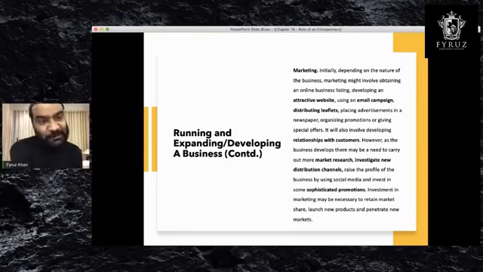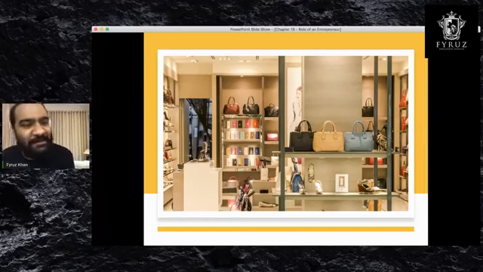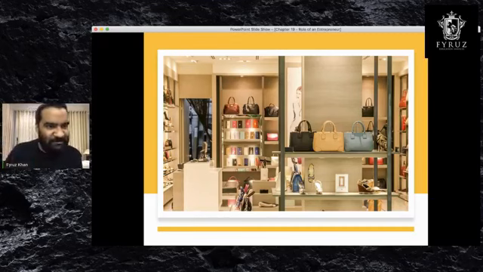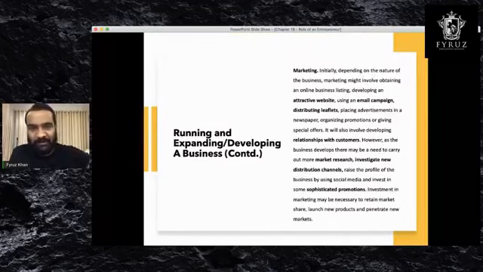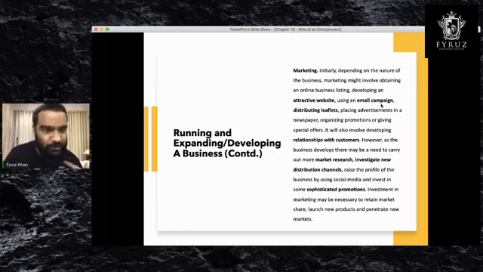Next, marketing, because I spoke about marketing. When you run a business, marketing will be different. For example, in the case of a small business, probably you will use social media and email campaigns, like 50% offer on this bag, 20% offer on this bag for Eid, or 10% offer on this Punjabi. So that is an email campaign. For a retail shop, you can have a very nice, attractive website. You can do an email campaign. You can distribute brochures. For education institutions, we distribute brochures sometimes.